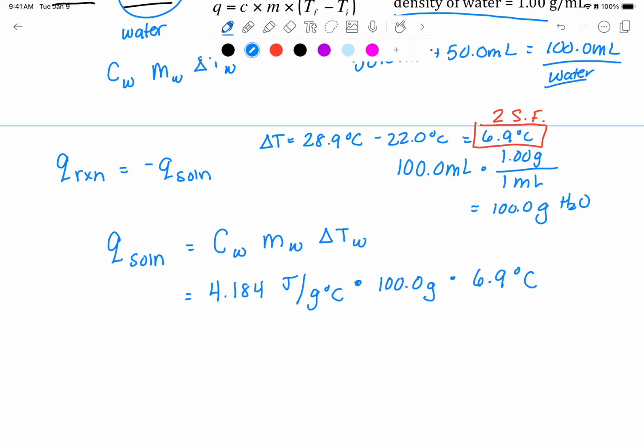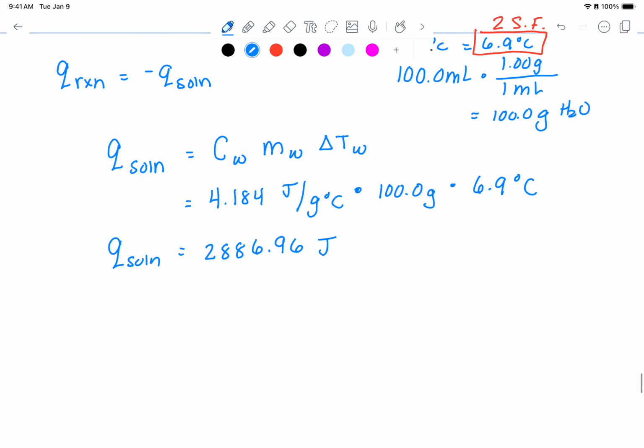And all we have to do is just then multiply. So 4.184 times 100.0 times 6.9. And we get that the Q of solution is 2886.96 joules. So that's our Q of solution, meaning that our Q of reaction